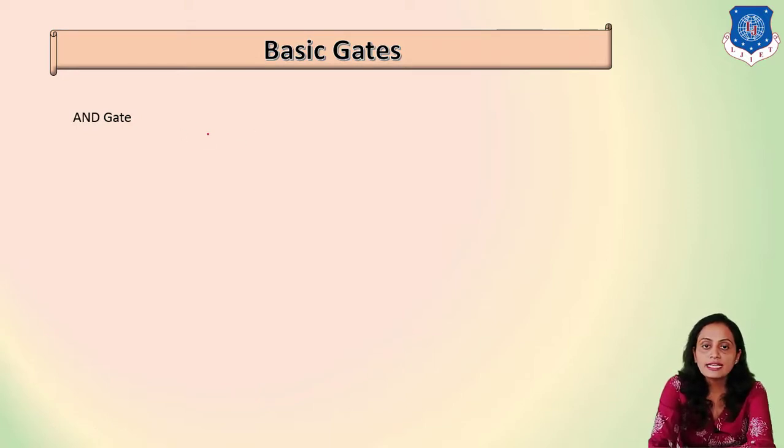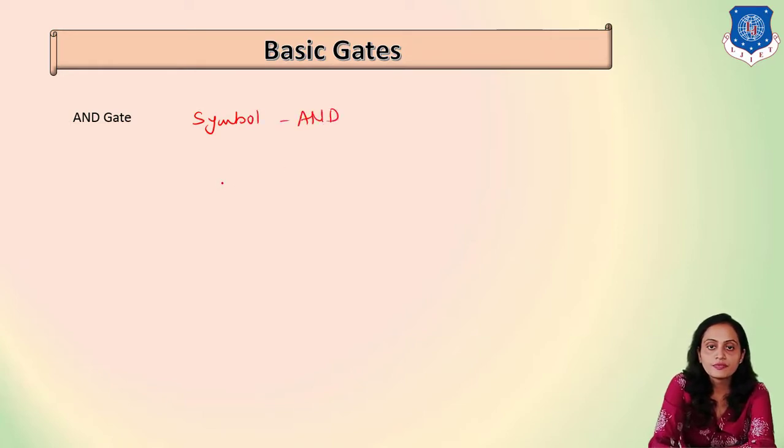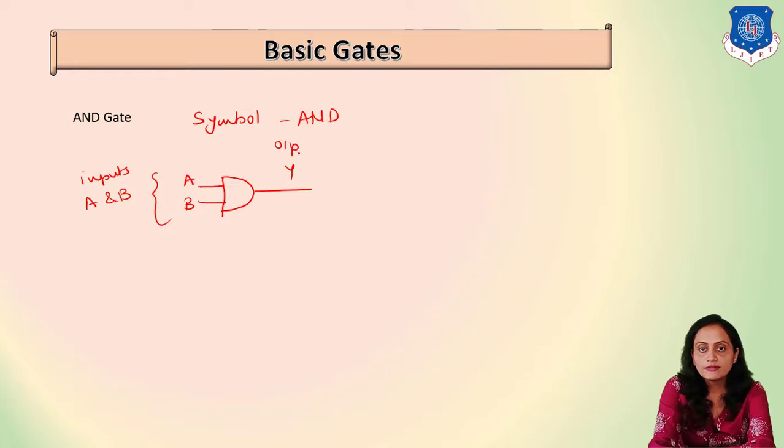Now we will see the AND gate. First we will see the symbol for this AND gate. The AND gate symbol is, this will be the straight line. We are writing over here 2 input AND gate, and output is Y. So these are the inputs, that is A and B, and output is Y. Output is written in short form, and that is given by the equation with the AND operator, that is A dot B.